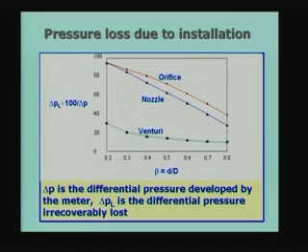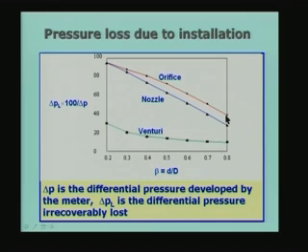So, the ratio is the pressure drop across the device from the inlet to the exit, divided by the pressure difference created by the converging section, because of the acceleration of the flow. And you can see that for the orifice, even for beta equal to 0.8, almost 40% of the